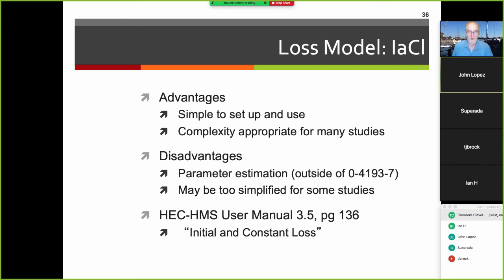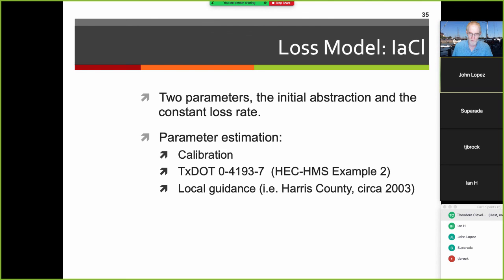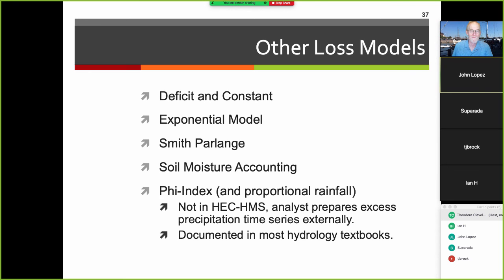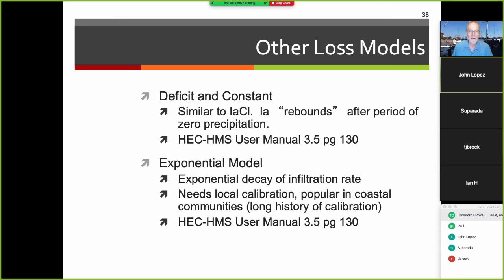And then proceed accordingly. This is a simple model to set up, and there's a document on the server, 4193-7, which discusses application of the model. In many cases, it's considered too simplified, but it is a good starting point. In the HMS user manual, this is what they call the initial and constant loss model. Some of the other loss models are listed here in this slide, and I'll let you read those on your own. They're documented in many places. The exponential model is the same as the Horton model,